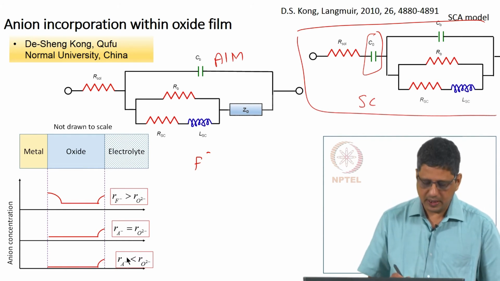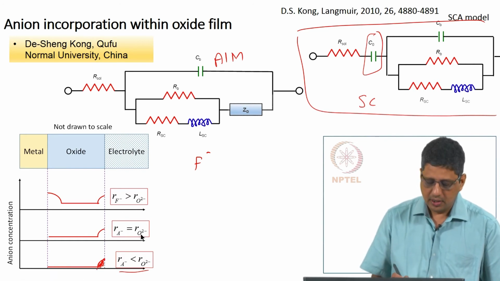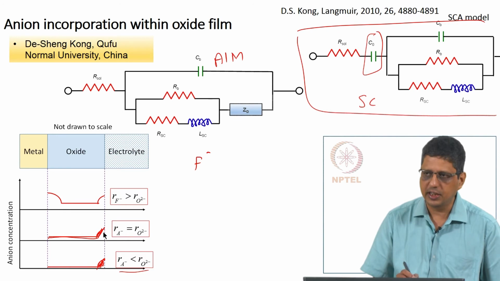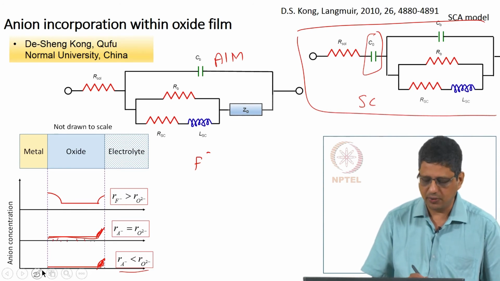If the anion movement is smaller than the oxide ion movement, then the concentration of the anion is going to look a little high here, decreases, and then it is 0. If that is comparable, then the concentration will be non-zero, mostly it is going to be here, but near the film solution interface it will be a little high, but this is going to be non-zero, slightly above 0.